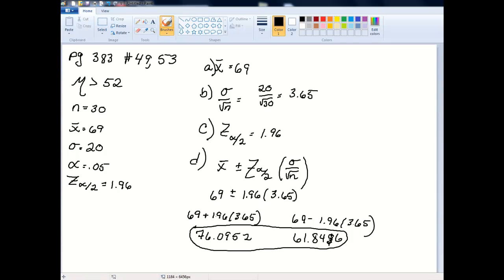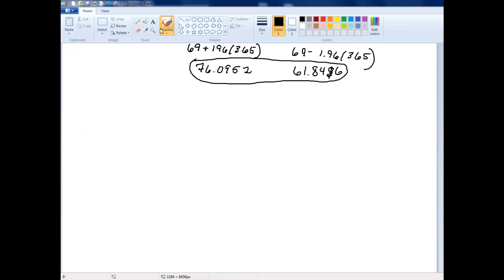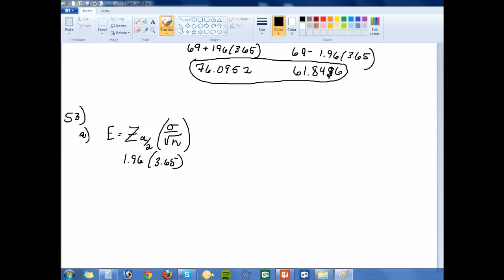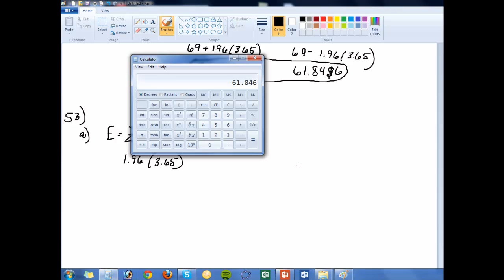So 53 is asking us to compute the margin of error. 53A is asking us to compute the margin of error, which is E equals Z alpha over 2 times the standard deviation over the square root of n. We already know that. That's 1.96 times 3.65, which comes out to